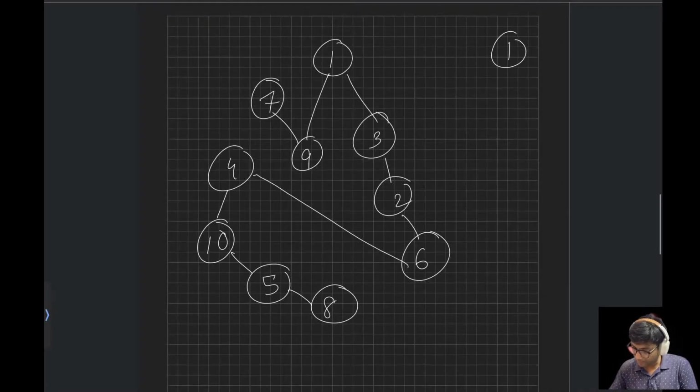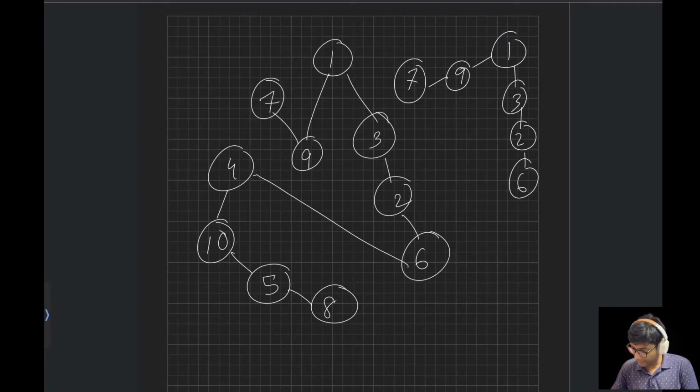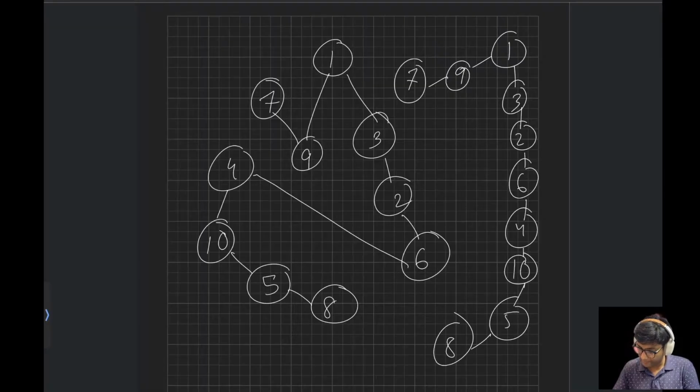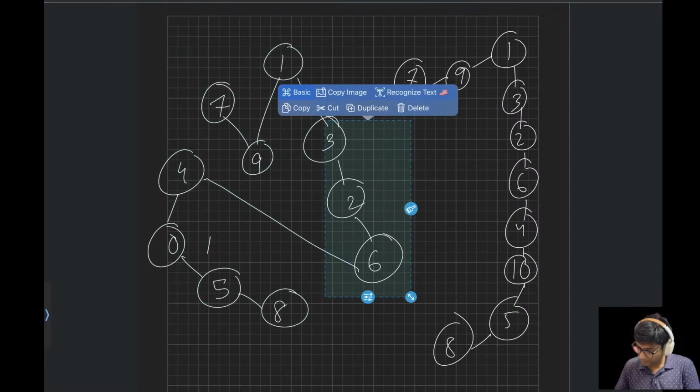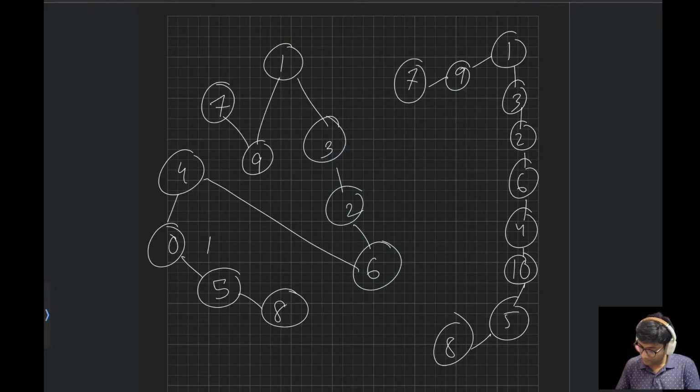So kind of like 1 and a 9 and a 7. And the rest of everything is 3, 2, 6, 4, 10. Very weird. 5, 8. So this is the tree we have. I think my iPad is visible. So let's see, if we select this edge, 1, 2, 3, 4,